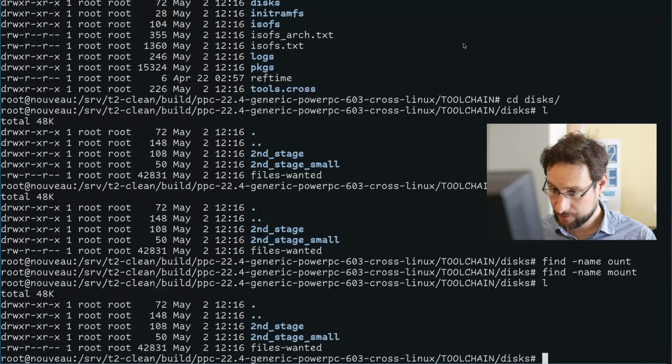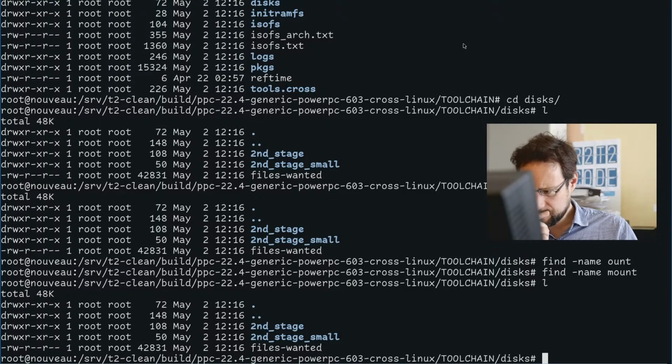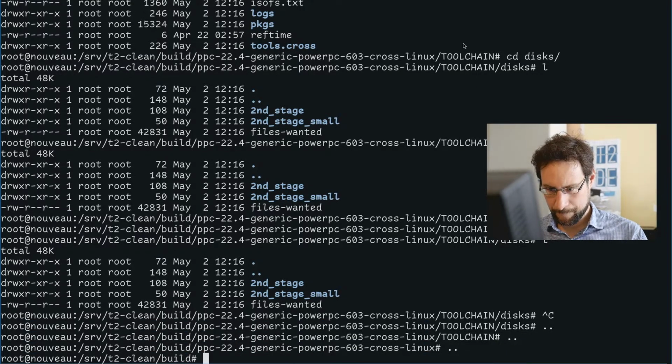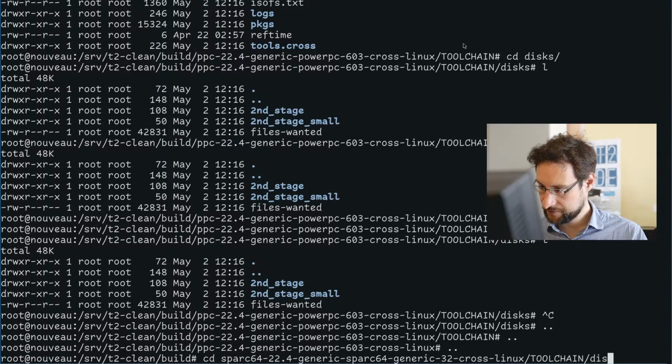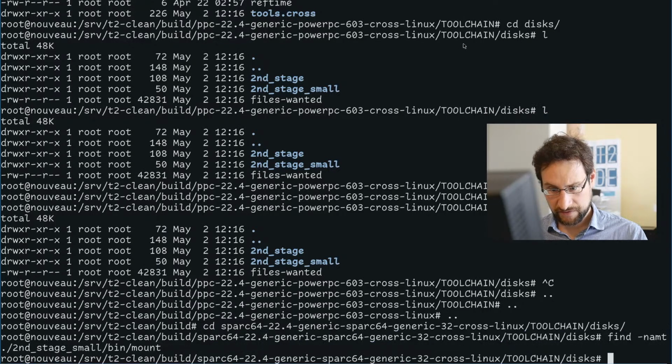Oh, we have no mount? I mean, that's a good thing if you have 2 dozen architectures lying around, you can just check what happens with the other ones. Yeah, okay, we have mount here,